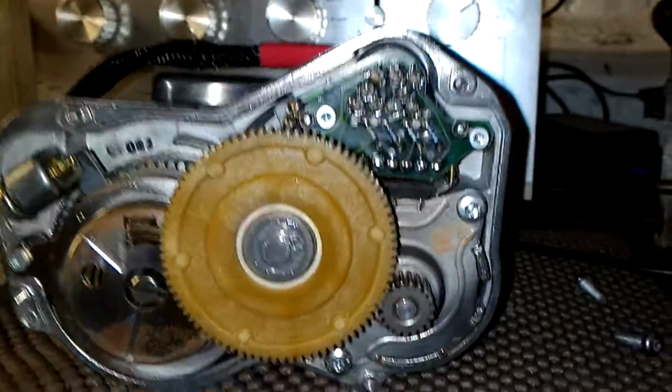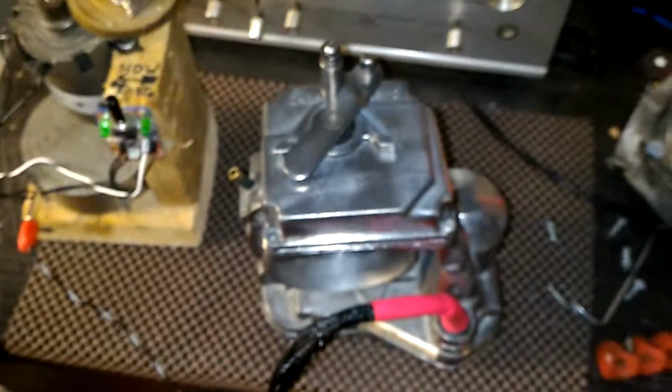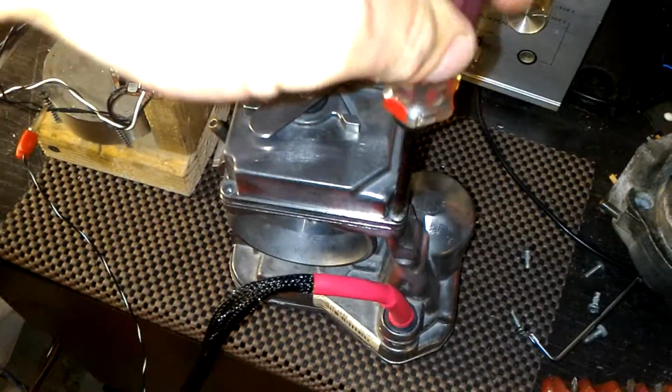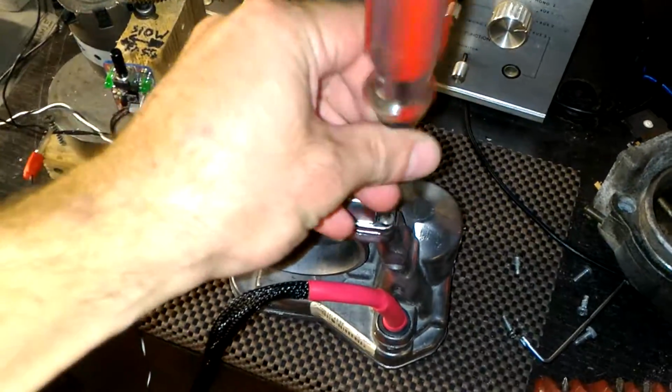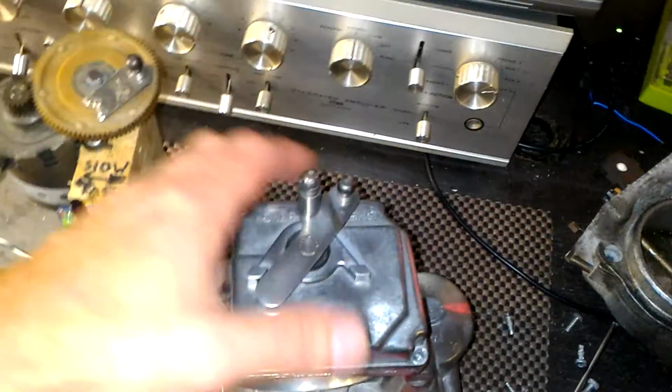These kind of things happen, like I said, from time to time, given the fact that the other unit was like that. So this one had some of that corrosion and some moisture still trapped in it, unfortunately. So that's why I do these bench tests. You can't just put it back together and be done with it. You have to make sure that unit works, and most of the units pass tests because they were on the vehicles and water vaporizes,